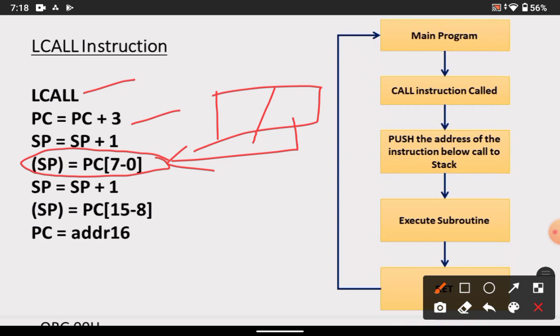Again, the stack pointer gets incremented and the higher bits are stored. Why? Because the program counter is 16-bit, so we divide it into the lower 8 bits and higher 8 bits. The lower 8 bits are stored first, then the stack pointer is incremented and the higher 8 bits are stored in the next stack location.